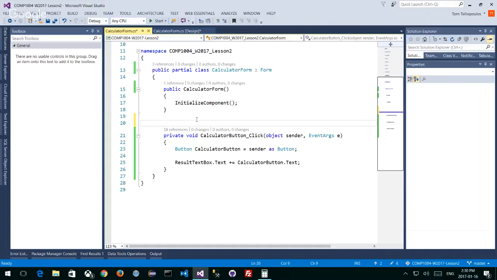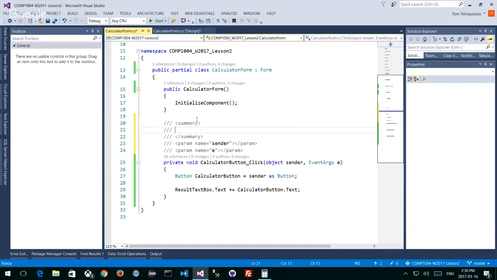If you do a triple forward slash, like I talked about last time, what it does is it creates your Javadoc equivalent in C#, where you can put in something like, event handler for all calculator buttons. In here, you can do that. And the other thing I didn't do is connect it to GitHub, which is what I promised I would do,